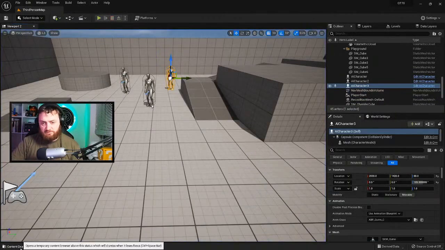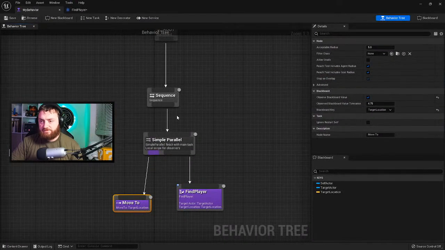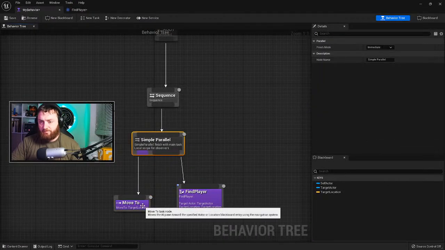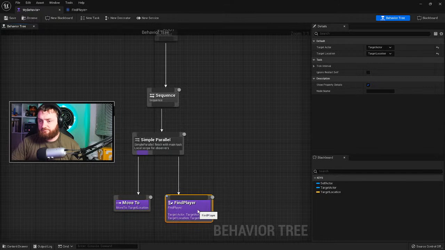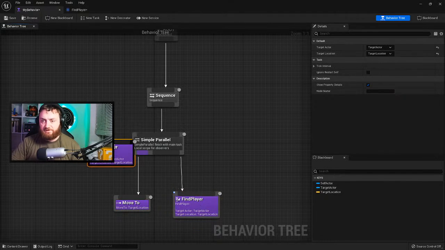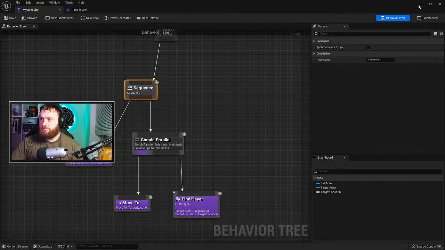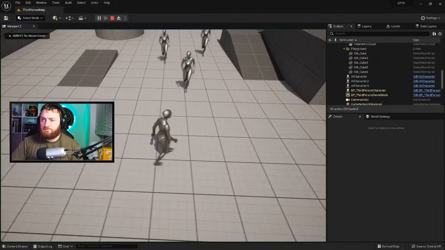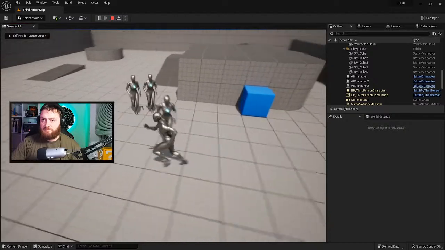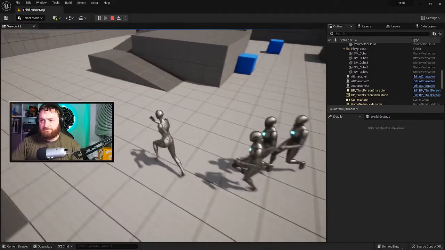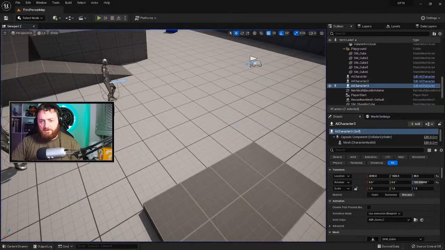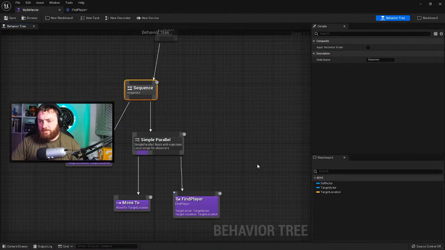Not. Have a look why it's the case. Sequence, simple parallel, move to target location. Probably have this happen first. Hang on. Okay, so they're following me now a little bit better, which is good. Okay, so now I need to tell my